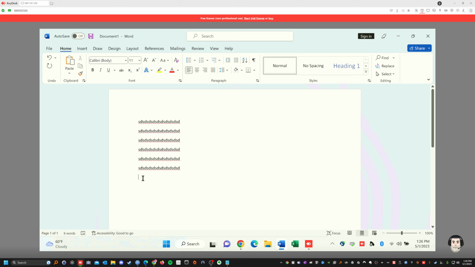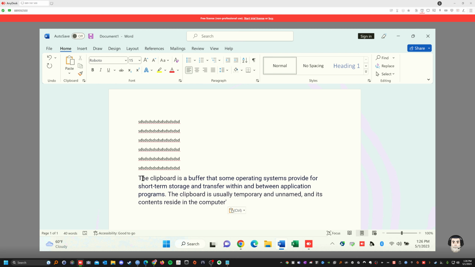Yeah, it goes away when you restart the computer. See that? I got that from the clipboard. Okay, so it goes to the RAM. When it saves to the RAM, it doesn't save to the hard drive. So it's just temporary, and it's unnamed. It doesn't have a name. It's not like you copy and then you paste it and you rename it to something, and then it retains in the computer every time you turn it off.